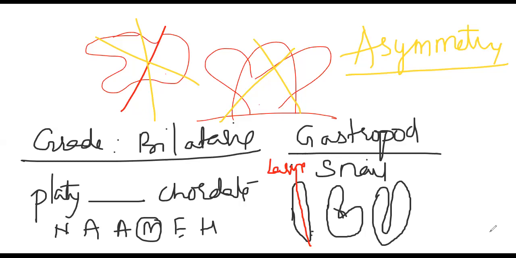Imagine this is the anterior end and this is the posterior end during the larval stage. But the posterior end started growing in the anterior direction, a 180 degrees angle. That feature we call torsion. So let me write